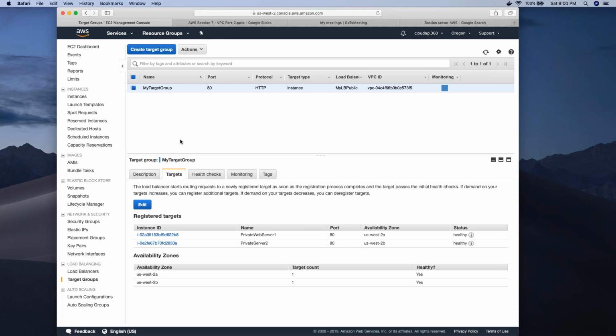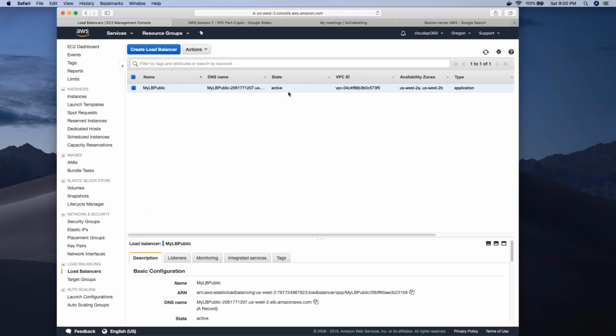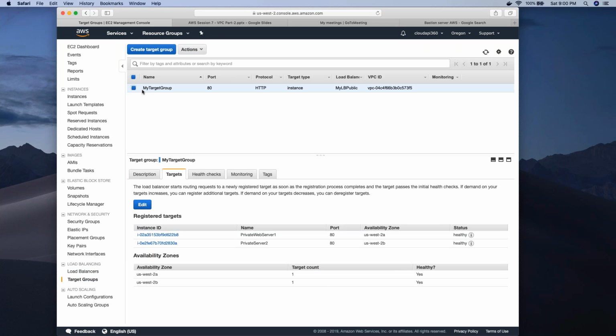That's correct. Yeah. So now you see my load balancer is active. The state is active. So that means it is readily available to take the public traffic. And before that, I will also check the target group. This is my target group where I have these two servers. And if I see the health of these things, they are healthy. That means